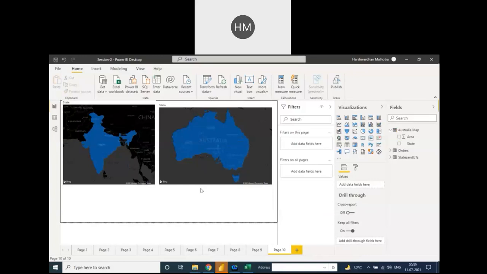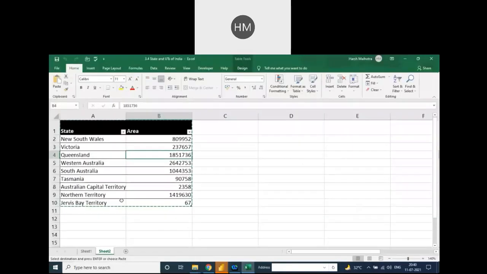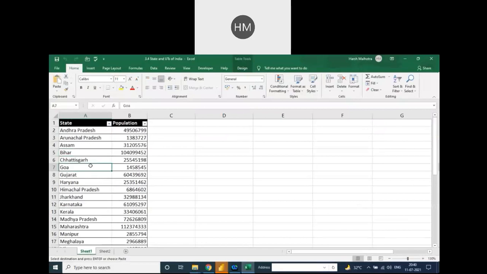Sir, I have one doubt. Yes, tell me. Sir, I want both countries' data in a single map. Is this possible? Okay, both countries' data in a single map. Yes, let me tell you. Suppose it's India, the India states.